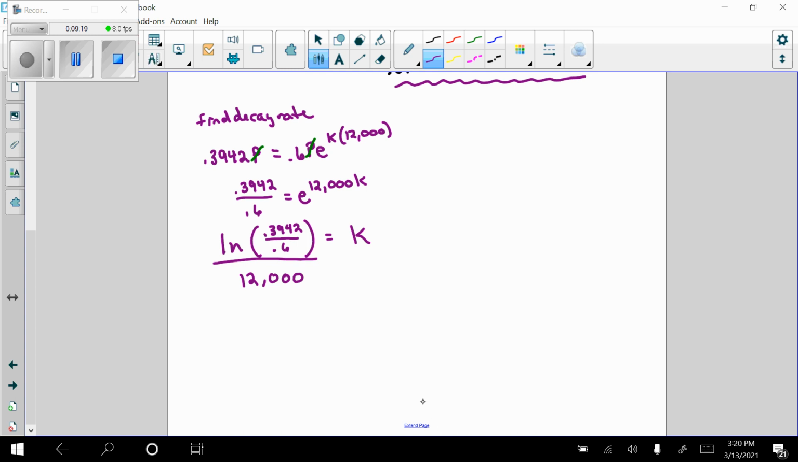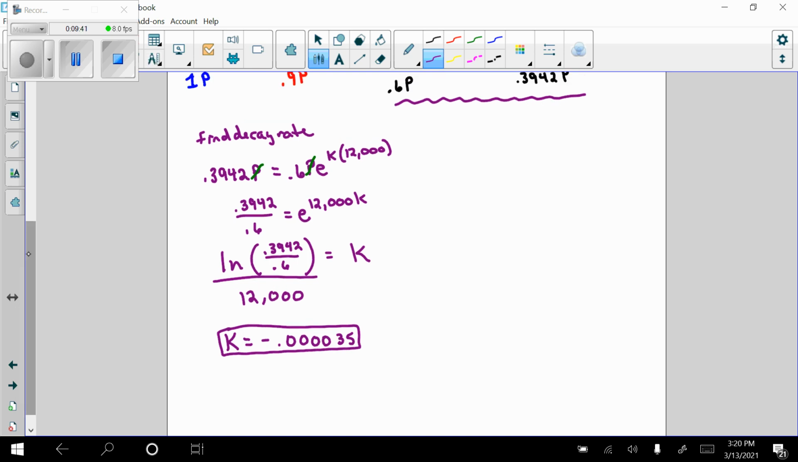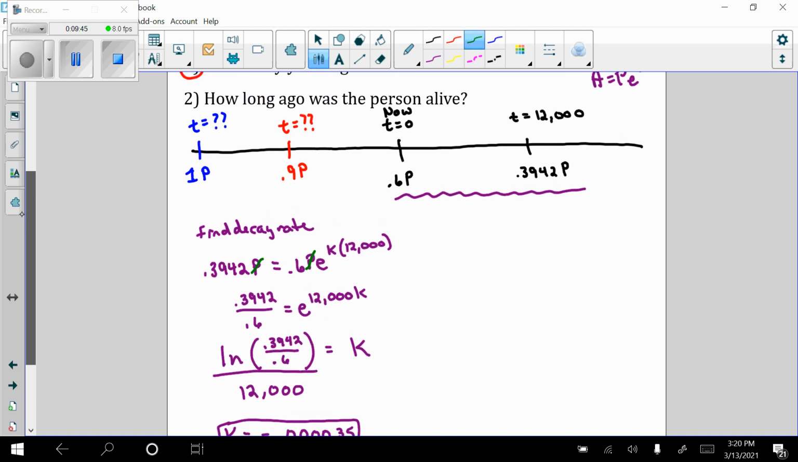And I get a decay rate about negative 0.00004035. Okay, so I want to use that value for the rest of my problem. I don't want to change that to a percent because then I'm just going to have to change it back. Okay, so for number one